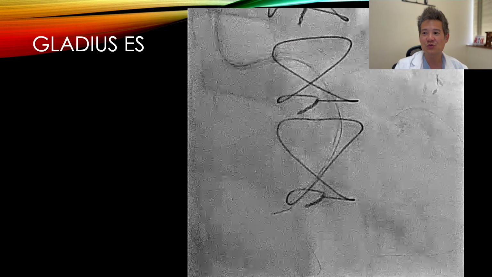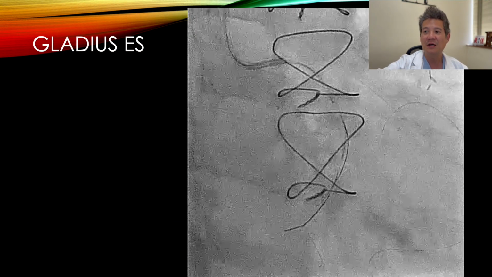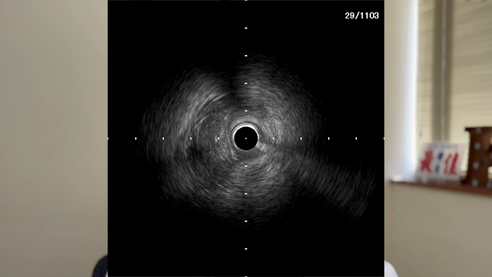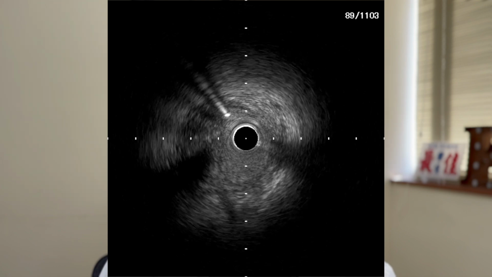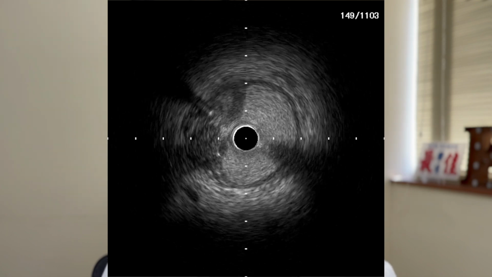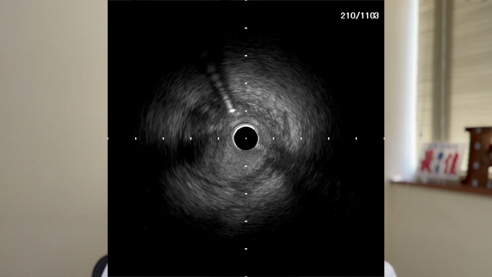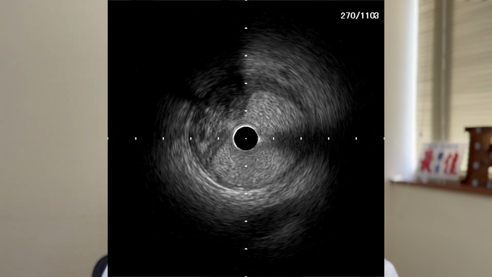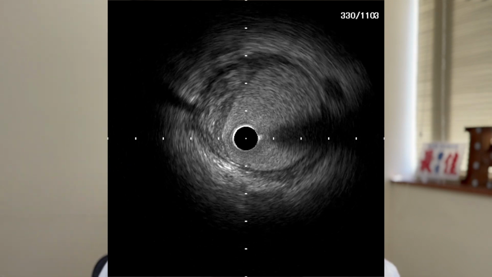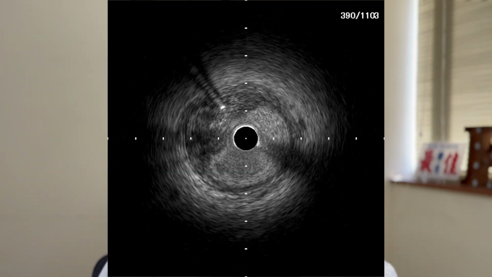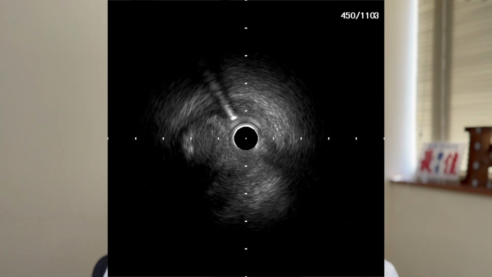I then stepped down to a Gladys ES and tried to wire the distal true lumen, but unfortunately, after this wiring, when I did the IVUS, I realized that in the distal part of the vessel, the Gladys ES is in the subintimal space. It goes back into the intraplaque space, not in the true lumen, okay? And so we've managed to overcome one subintimal entry by going into intraplaque, but distally, the wire goes back into